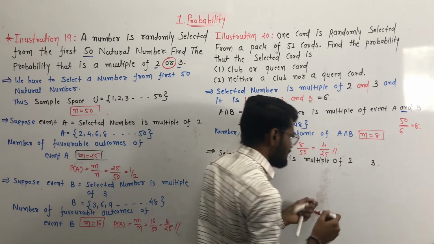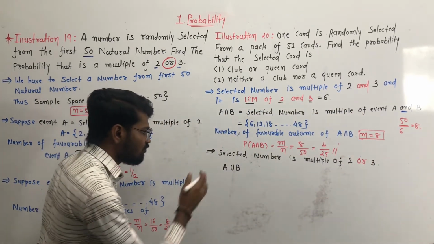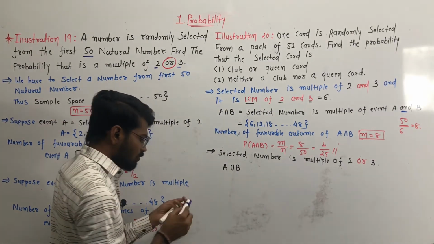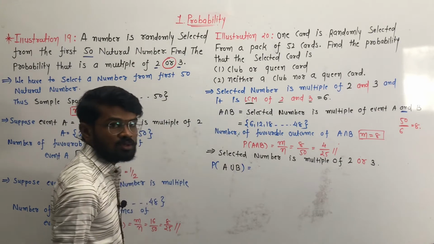For or there is a union and for and there is an intersection. Yes, so we have to find the probability of A union B, and it is equal to, from the law